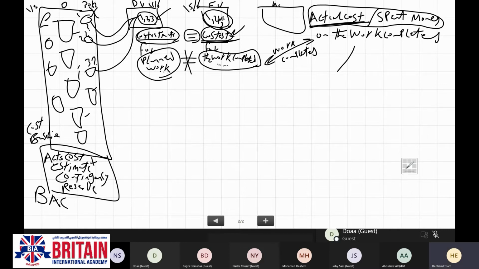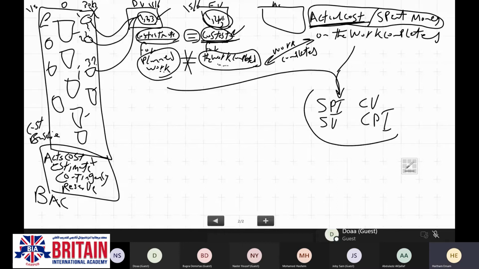These terms are going to drive me to a certain number of formulas. One is called schedule performance index, one is called schedule variance, cost variance, cost performance index.